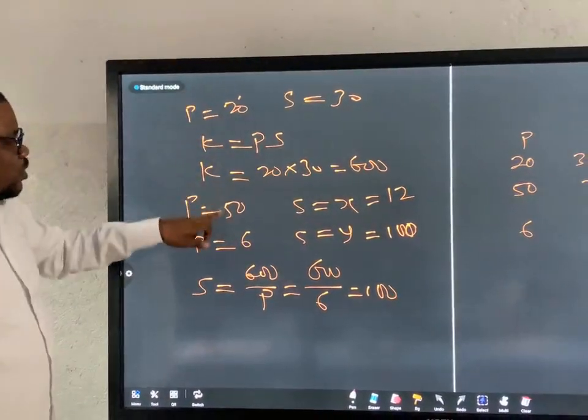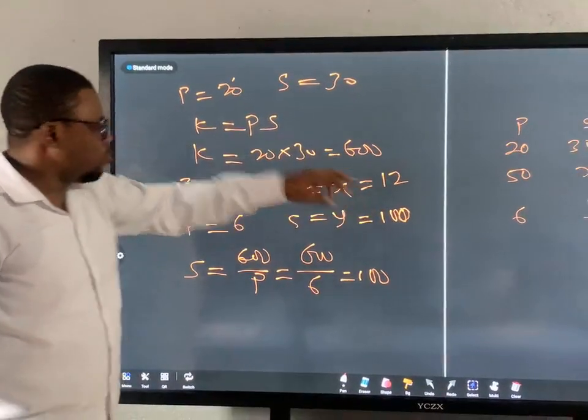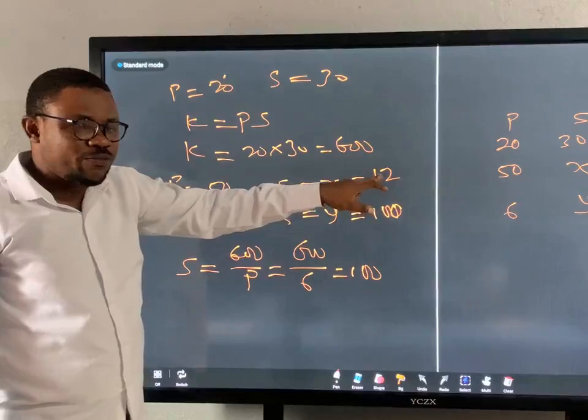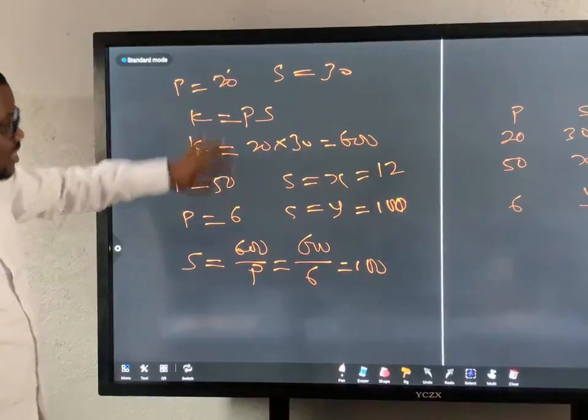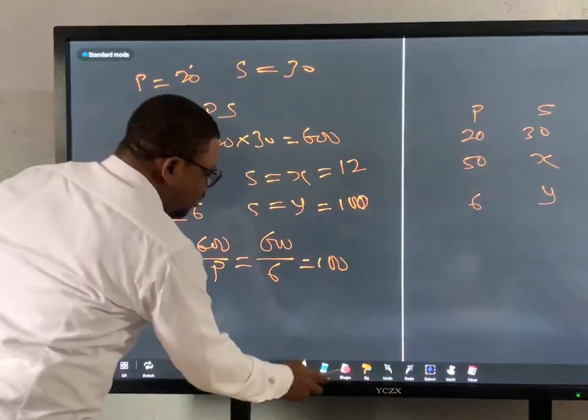This one was reduced to what now? To 12. This one increased to 50. This one reduced to 6. This one increased to what now? So, 200. You get it? So eventually,